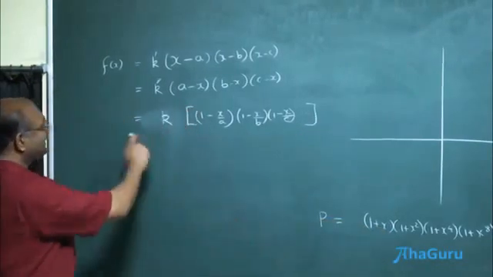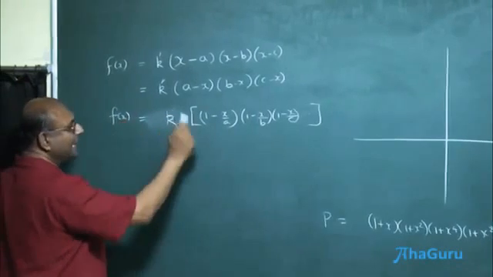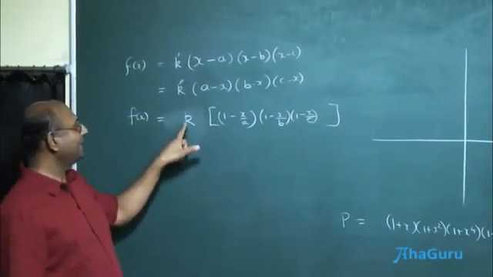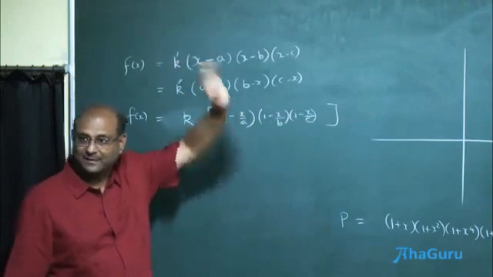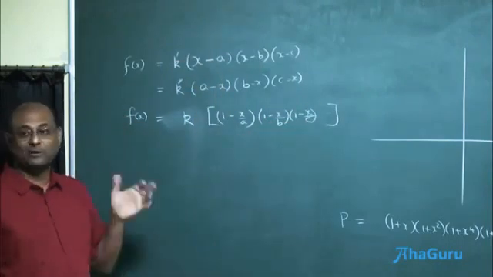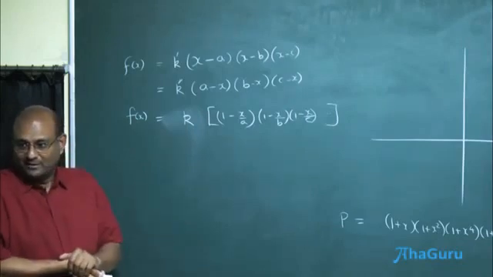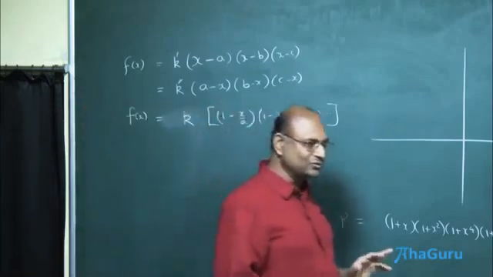Okay. So if I look at this, I can say that a function with roots a, b, c, d, e, f, etc. must look like k times 1 minus x by a, 1 minus x by b, 1 minus x by c, 1 minus x by d, and so on, as long as this function was a polynomial. Now, I don't know if sin x is a polynomial, right? But at a broad level, let us assume that this is true.